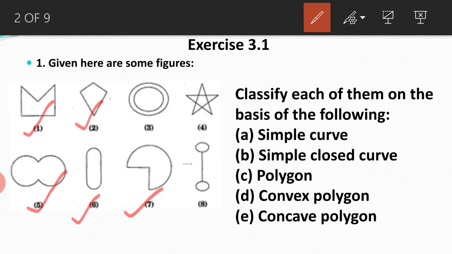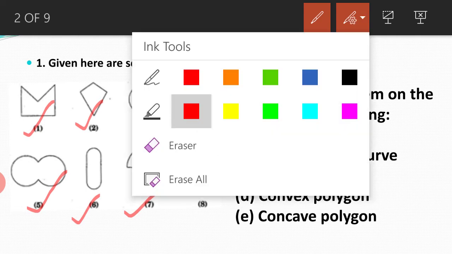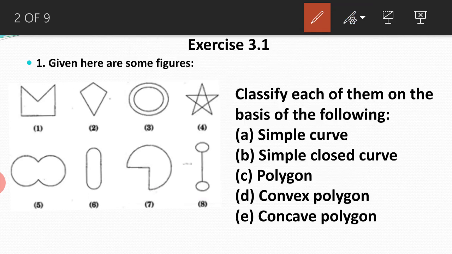Is it clear? Now out of these, which are the polygons? Polygons are the simple closed curves made up of line segments. So you will find only first and second. What about the other three? These are curves, so these are not polygons. These also are not polygons. These three are already cancelled because they are not simple curves. So out of 5, which two are the polygons? First and second, because they are made up of only line segments.